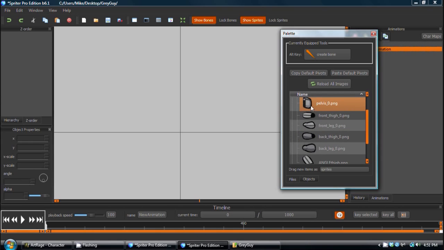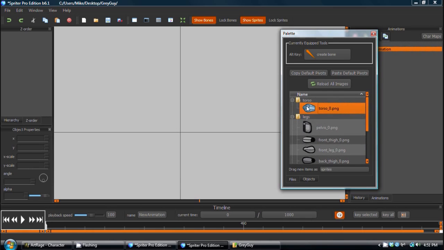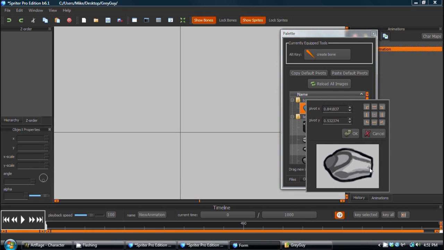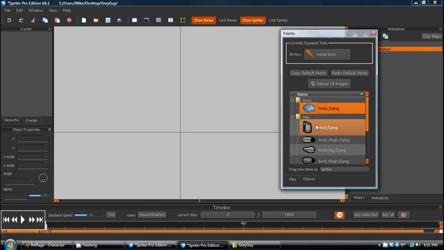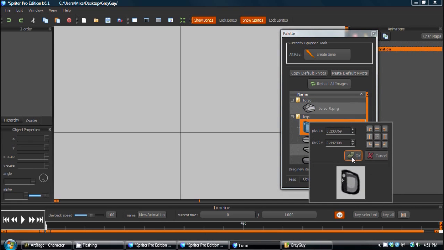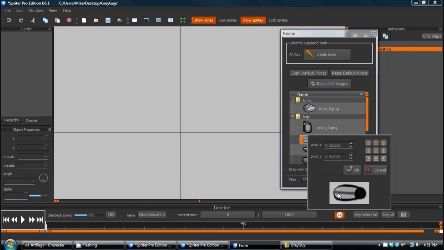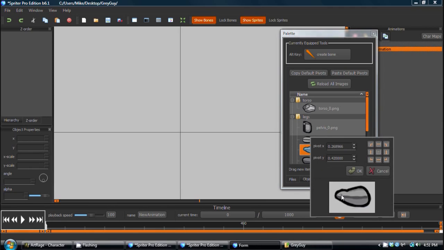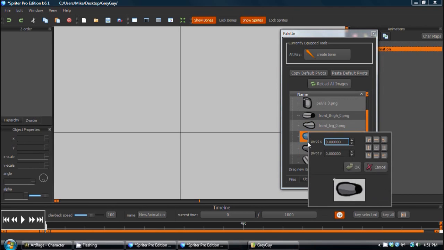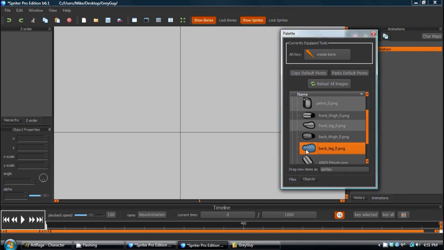And before I start dragging the images onto the canvas itself, I'm going to very quickly, for each image, go through and, by double-clicking on it with the left mouse button, bring up the default pivot point editor, and I'm going to set a reasonable pivot point for where the image should rotate and scale from. So I just did the torso, now I'm going to do the pelvis, and then the thigh, and the front shin, basically at the knee, back thigh, back shin,